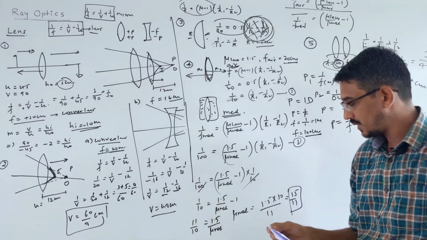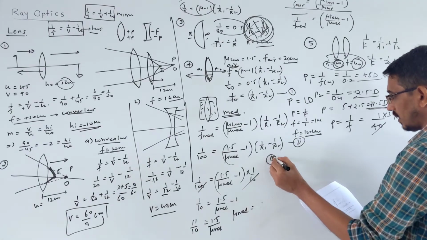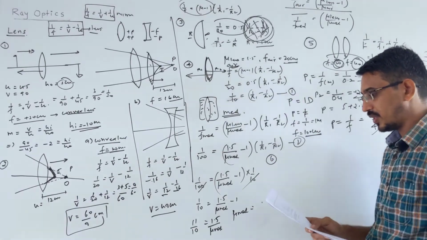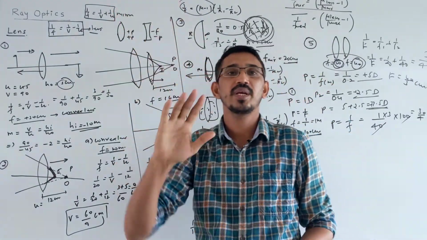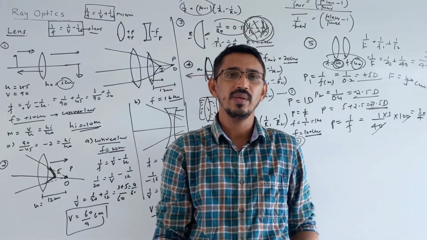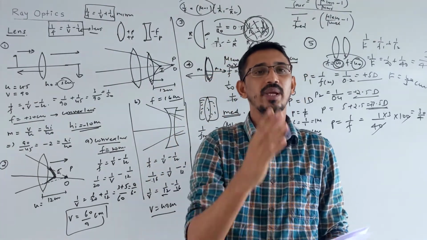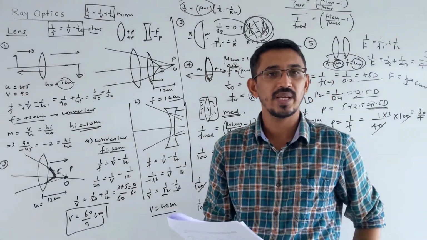Let's move on to question number 6. Question number 6 is about silvering of lenses. I discussed 3 ways you can silver a lens. You have an equiconvex, convex or concave lens, where you can silver one side. Then with a plano lens, you can silver the plane side or the curved side. 3 possibilities we have, right?